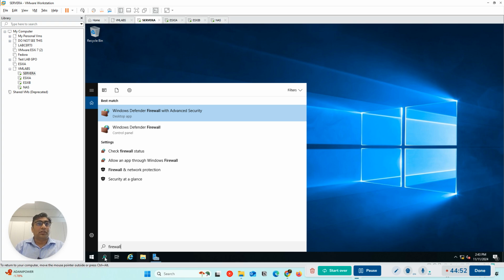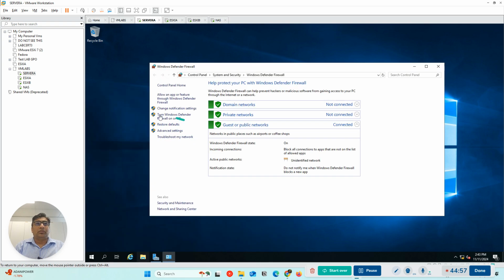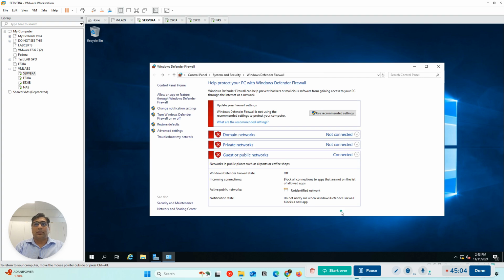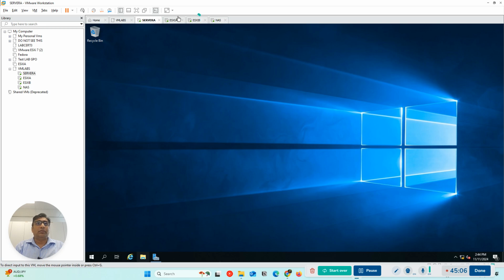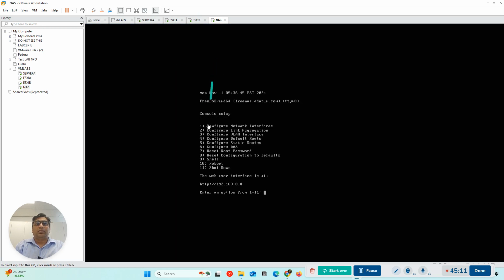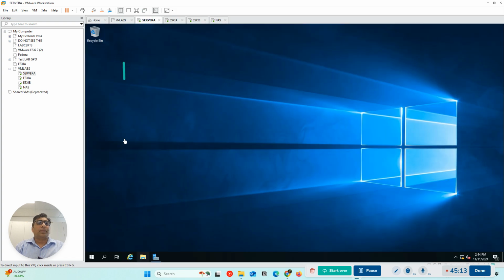Okay, so we have to check the firewall status and it should be on. So I'm just going to turn off all the firewall stuff. It should not be done in real scenarios, but here we wanted to make sure we are doing everything quickly without any trouble. So I'm just going to check the connectivity for all the